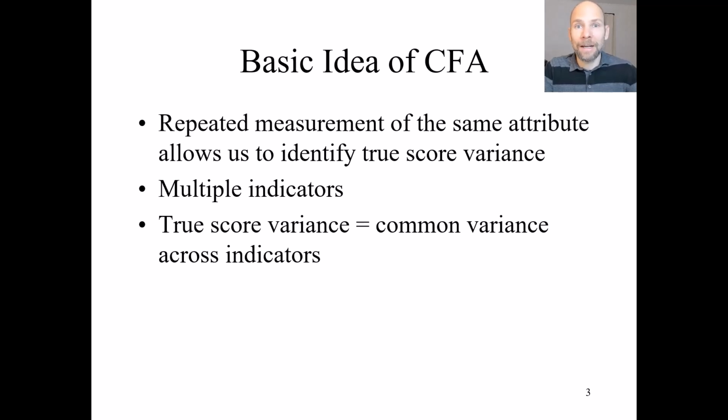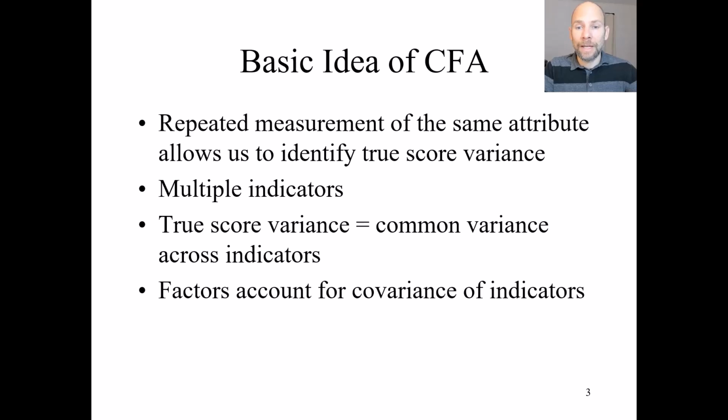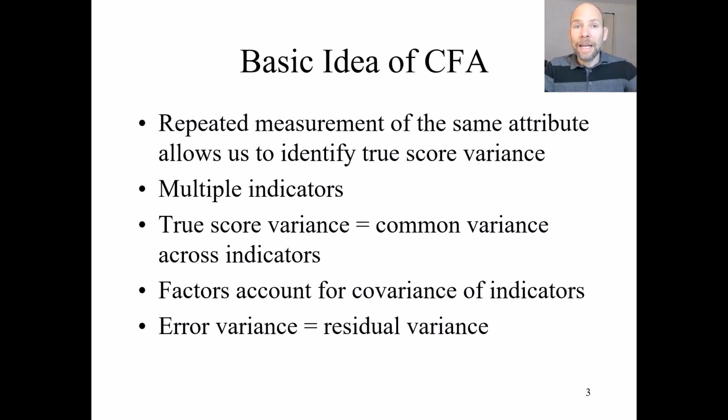That's the idea behind factor analysis, whereas the residual variance that is left over after partialing out the factors would be measurement error variance. So in other words, the factors in confirmatory factor analysis account for the common variance or covariance between different measurements, and then once we partial out those factors, we have residual variance or error variance that